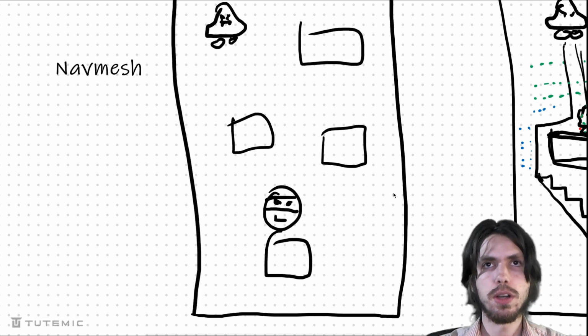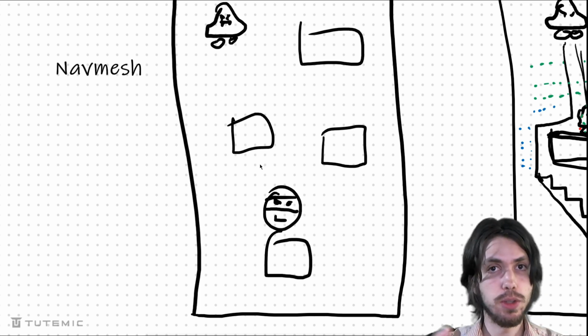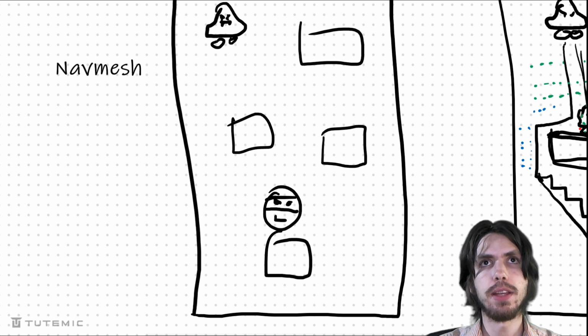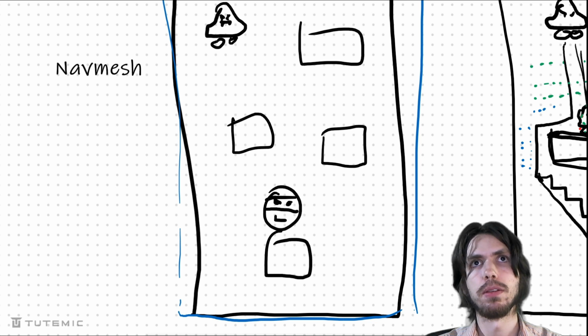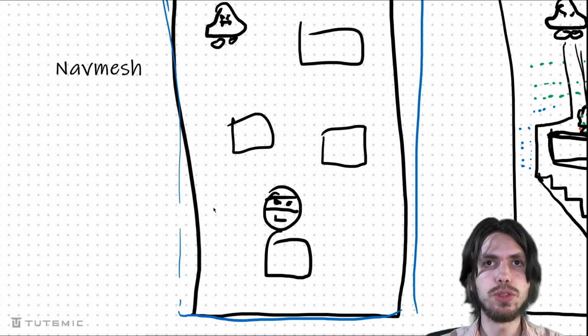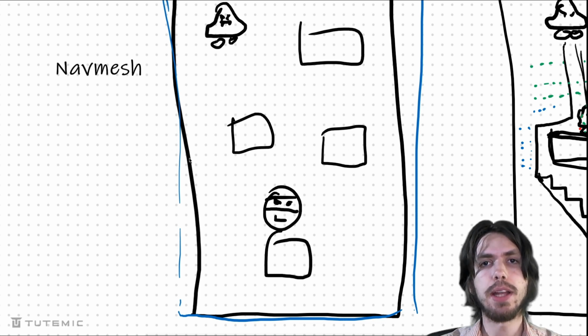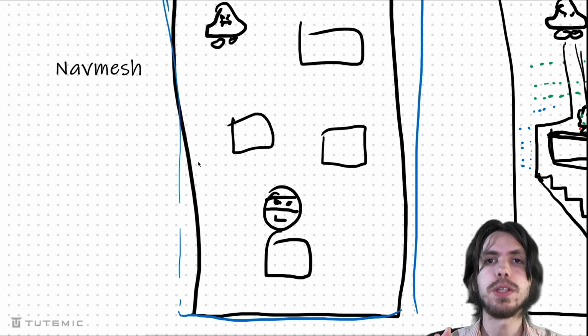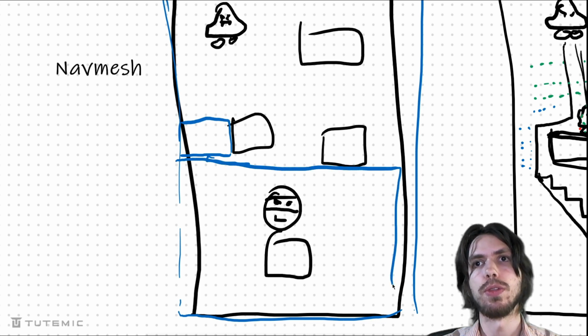Adjacent contiguous convex polygons. So I'm going to do this in blue. So what happens is you have a mesh, and a mesh is really just a bunch of different polygons. And let's say that in the game engine you're saying, okay, I want my nav mesh to be as big as the environment. And then what the game engine will do, and you might have to do this manually depending on the game engine, but most game engines will do this automatically, it will split it out into the contiguous polygons, the convex polygons. So it'll be like, oh, here's a polygon here, right? Here's a polygon here, just across the whole thing.